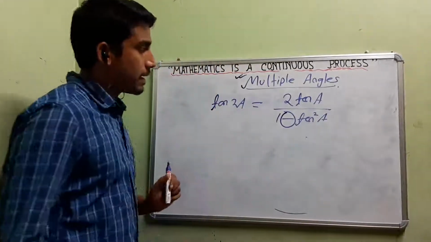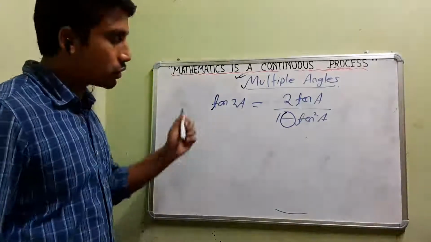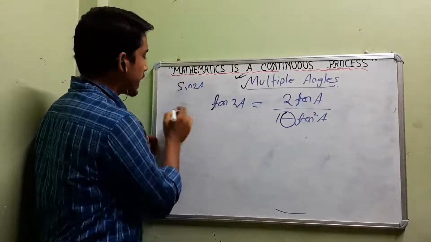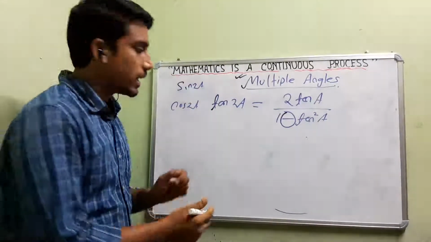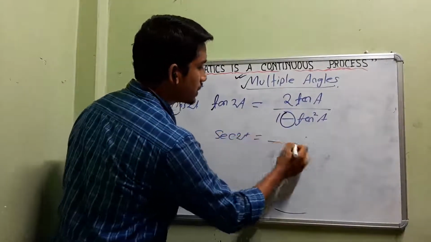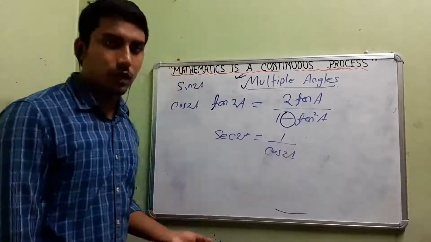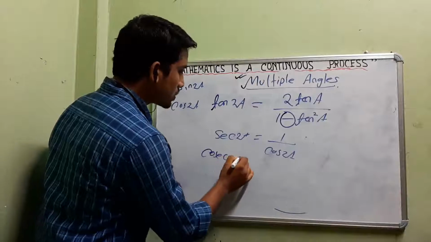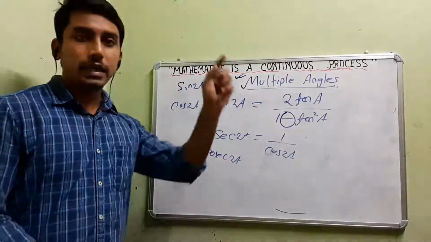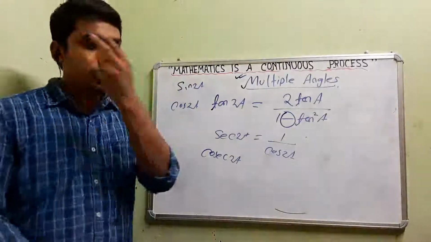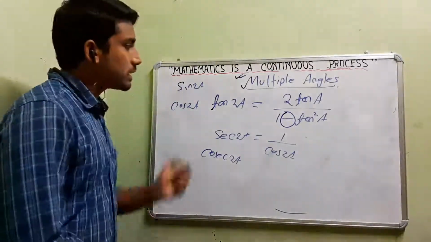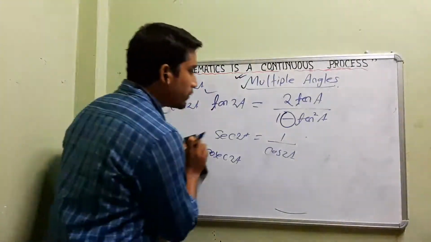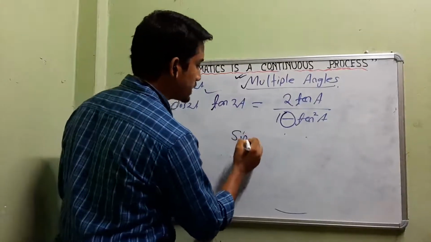Now one more thing is there. These basic things, whatever I have given for sin 2A, for tan 2A, for cos 2A, are the basic ones. If sometimes sec 2A is there, we can easily convert it by 1 by cos 2A, and we know the formula of cos 2A in 4 formats. Similarly, if cosec 2A is given, we can easily break it as 1 by sin 2A. Sin 2A we already know, 2 formats I have discussed. If we know only these 3, then we will be able to get all other things. Suppose sometimes tan 4A is given, or suppose sin 4A is given.